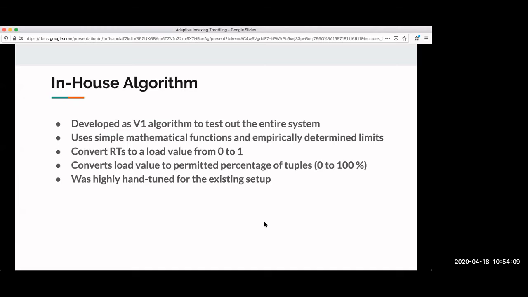Then we just took the current response time and mapped it between this range, between average and maximum, and converted it to a load value between 0 and 1. Suppose you had a 750 millisecond response time right now. We will say, okay, between 500 and 1000, average and max, you are at 750. So we are at 0.75 or 75% load. So it's a very simple calculation. You just map it linearly between that range. So 750 milliseconds converts to 75% in this algorithm.